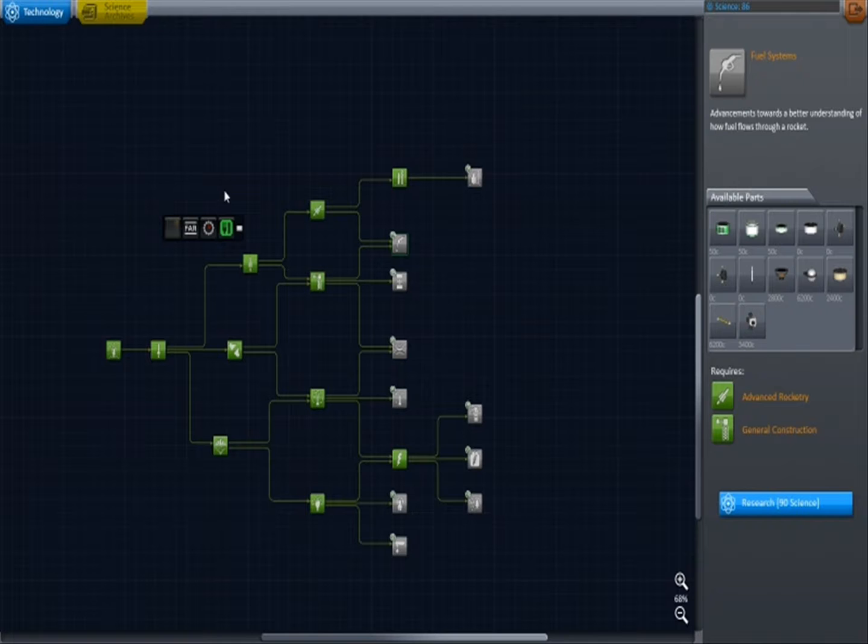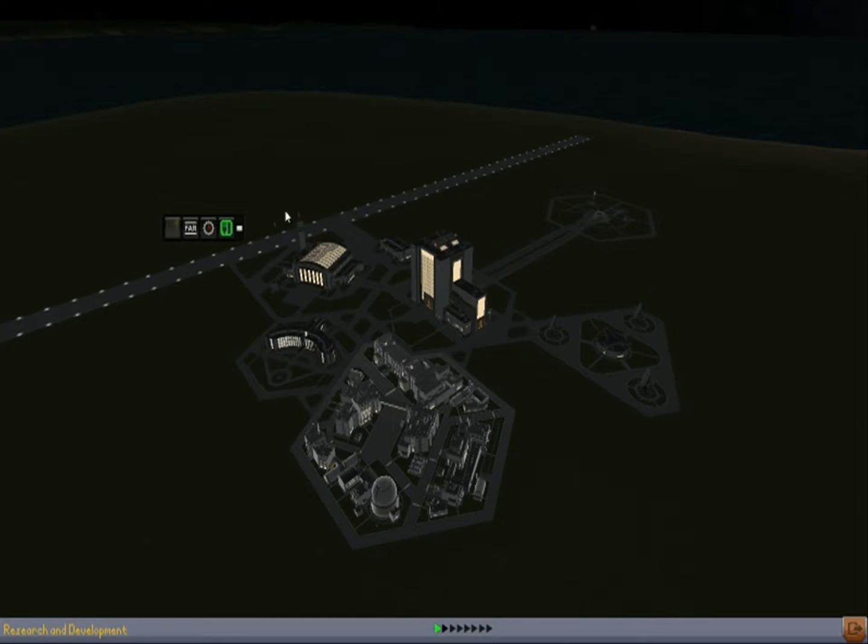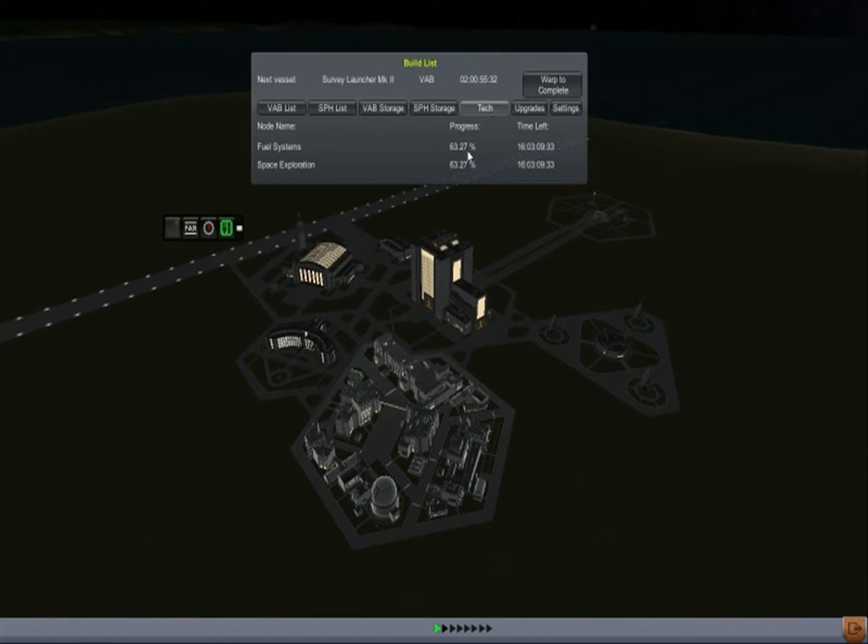Also, I wonder what we are researching. We're probably researching fuel systems, right? TAC fuel systems, yeah. Fuel systems we'll have done in 16 days. Basic exploration we'll have done in 16 days. Well, that's nice and all, but...